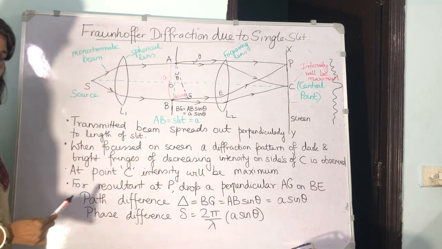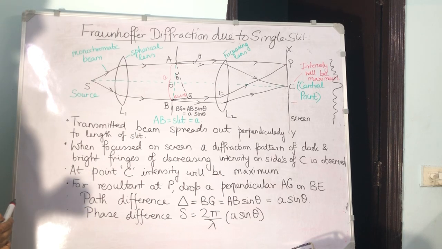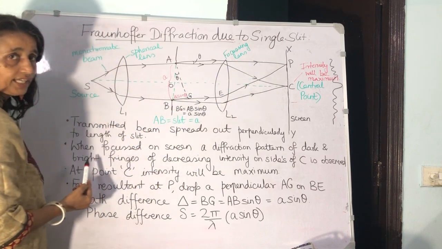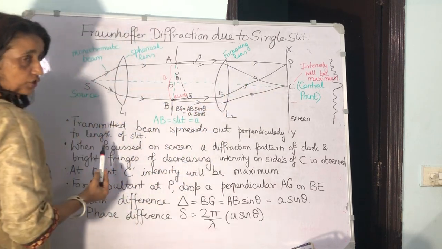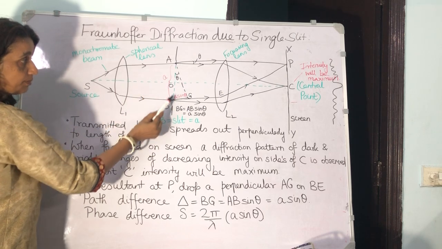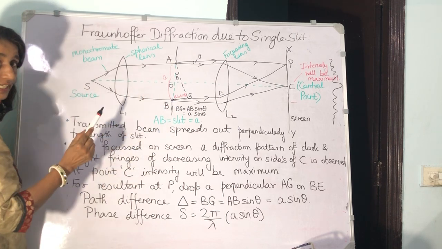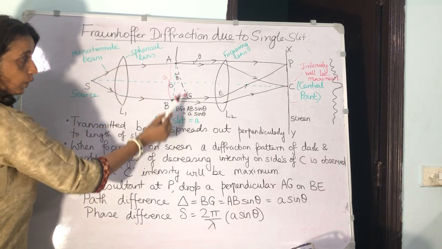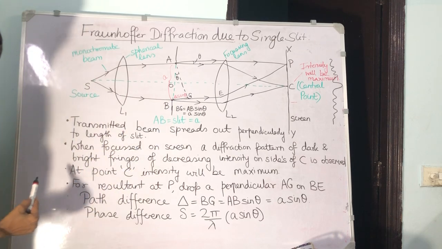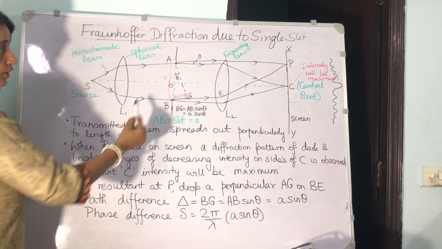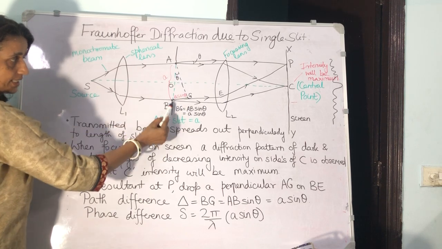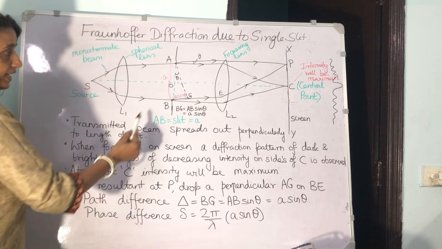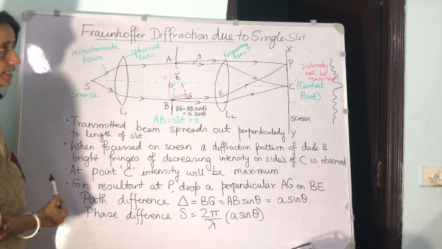AB is the slit. Be very careful when drawing this diagram that the rays which you will make interfere so that the diffraction pattern gets formed on the screen should be emitting from the end points of the slit, because this AB distance is a slit width small a, and light has got diffracted from these points. As I told you in my previous lecture, diffraction is bending of light around apertures and obstacles.